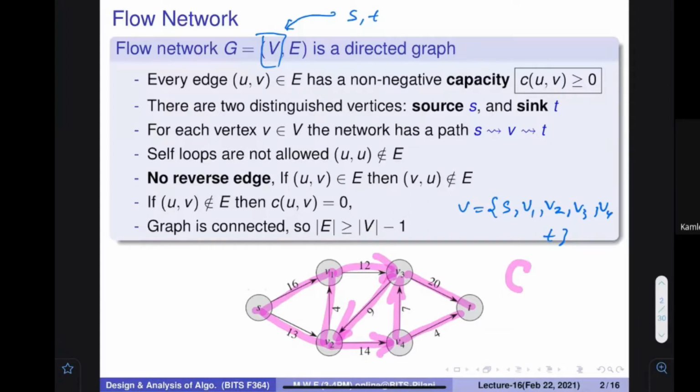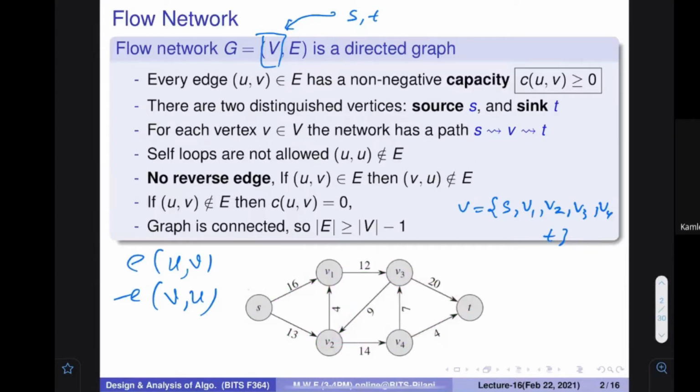So whenever there is an edge UV, UV is not equal to VU. If there is an edge from U to V, then from V to U it is not like that. We can say that it is negative, but for now, in our case, we are not going to consider any negative things here. So this is the scenario: you have a graph, and in this graph two special nodes are there, called the source and the sink, and you may call it the destination also.